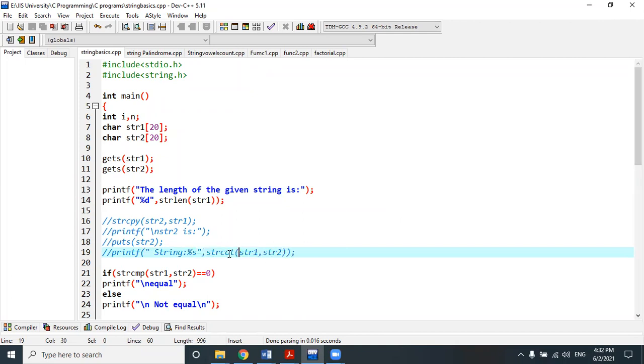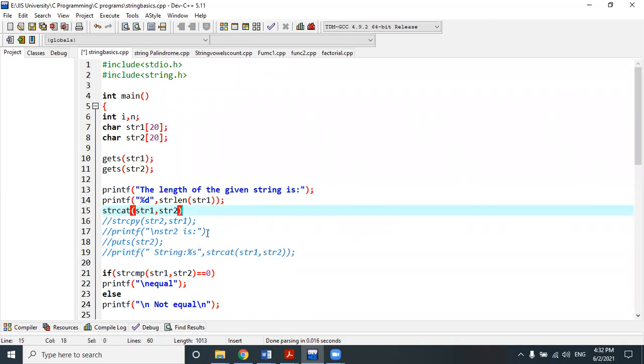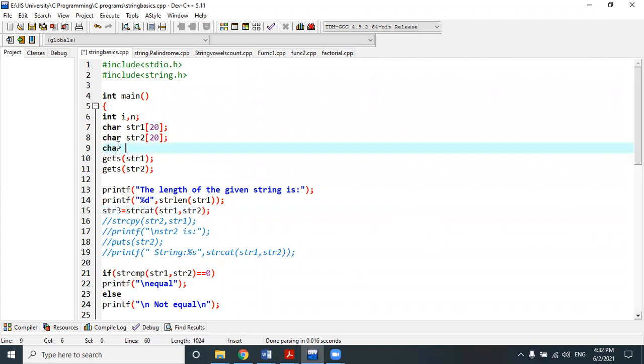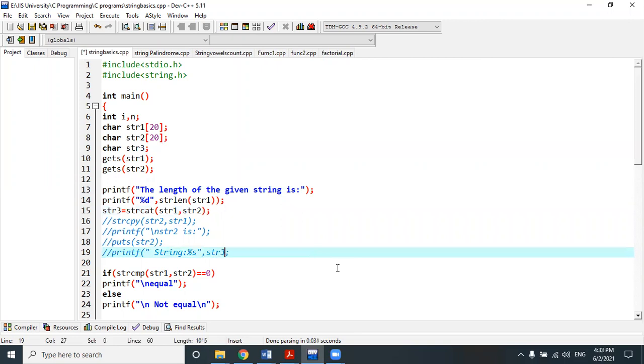But if you want to store the concatenation first, you will have to declare another string, str3, store it there, and then print it. That is true for all cases. Whenever you directly print the value, it is the same.